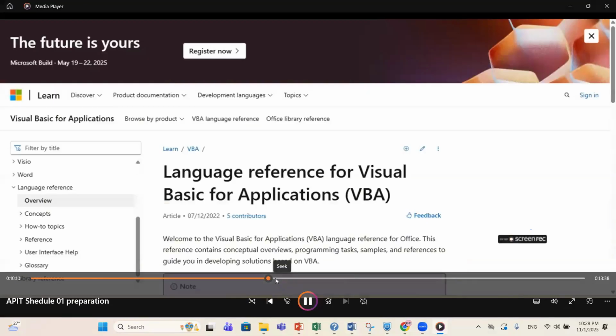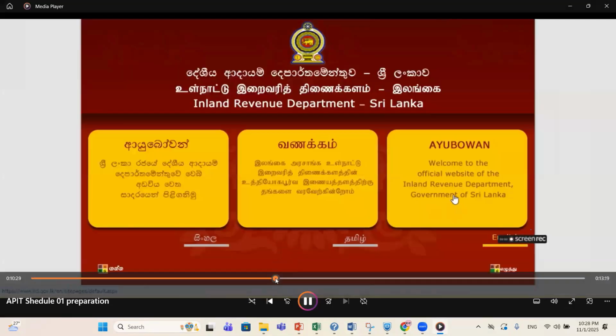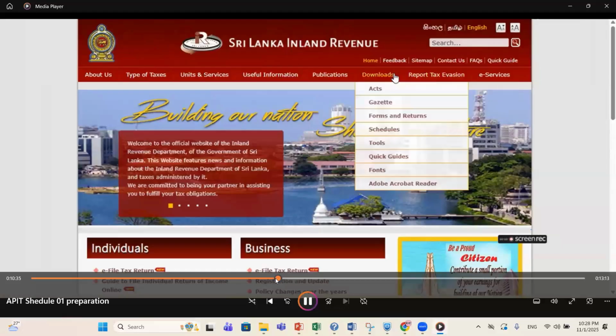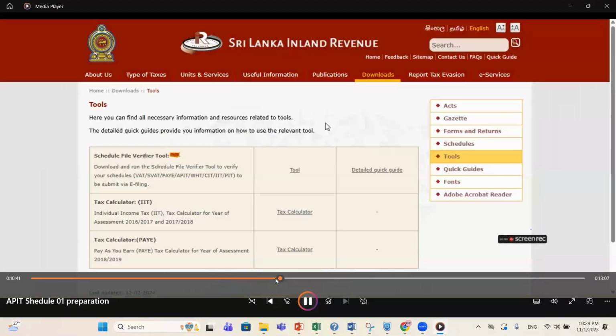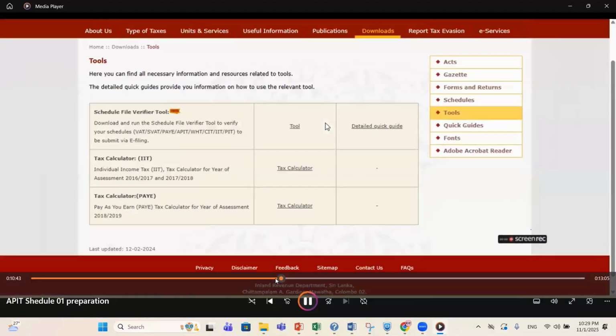Okay, you have to open the Inland Revenue website. Then you have to go to the download. From the download, you have to select the tools. So this is the most recent tool.